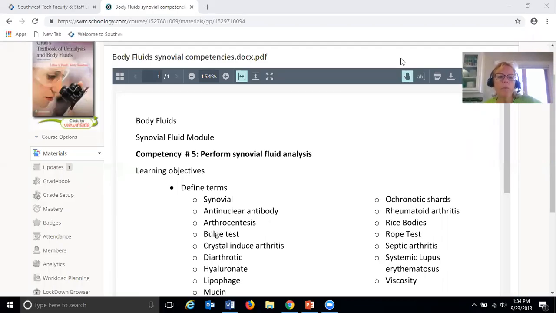Hi there. Today we're going to talk about synovial fluid. This is Body Fluids Lecture, Synovial Fluid Module, and we're going to talk about these following competencies. We're going to talk about performing synovial fluid analysis, and you can see below a list of terms that you